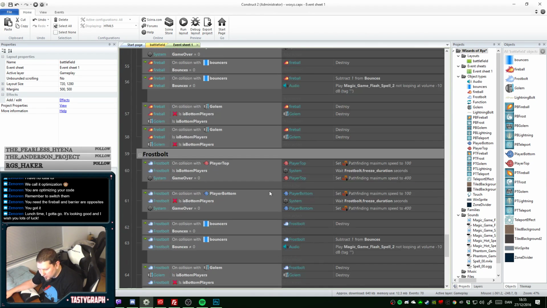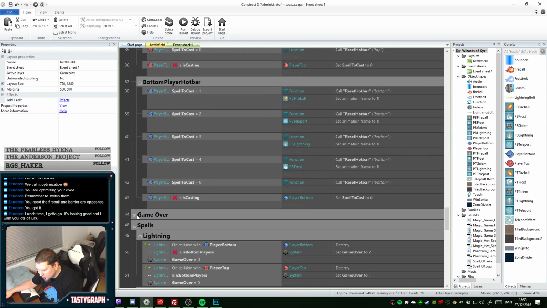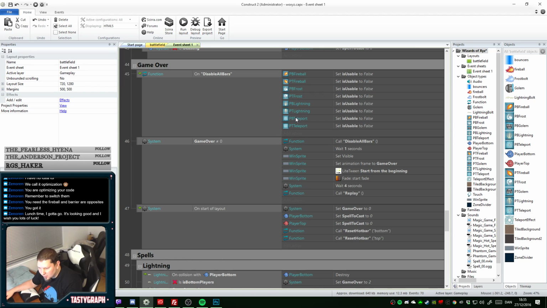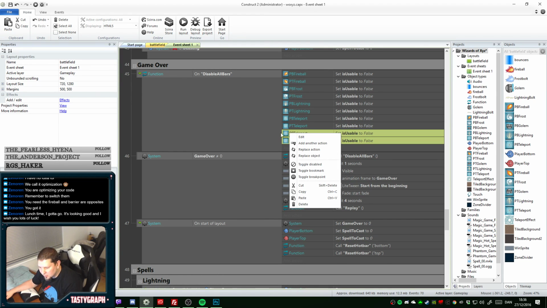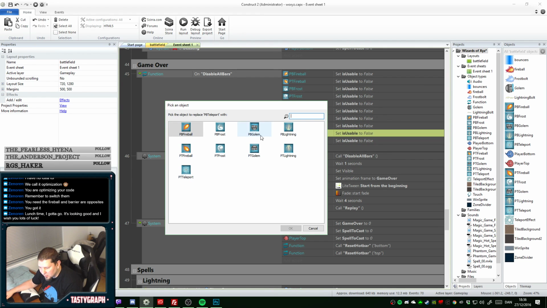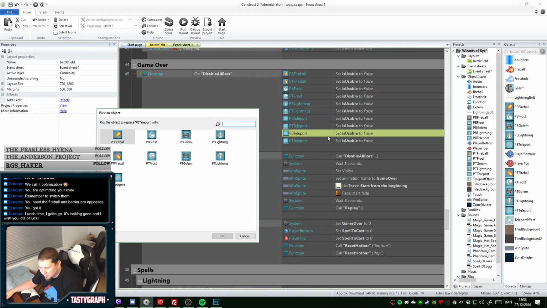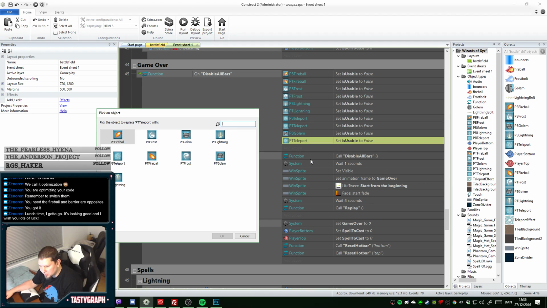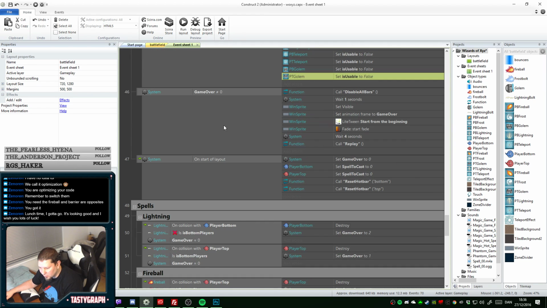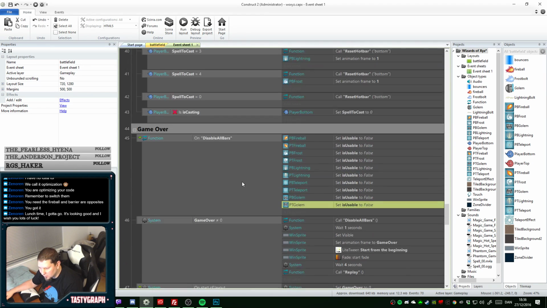Okay. I have some code here that I use to disable all the bars. I actually need to disable the golem bars. Let's replace player bottom teleport with player bottom golem, and replace this with a player top golem. There we go. So now they're disabled when this function gets called, and I want that, but I also need to go